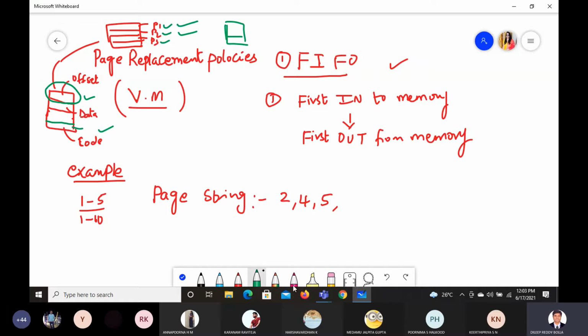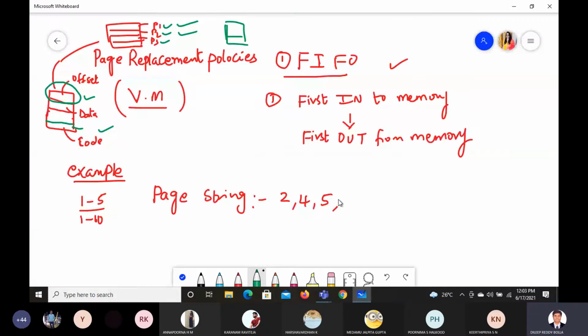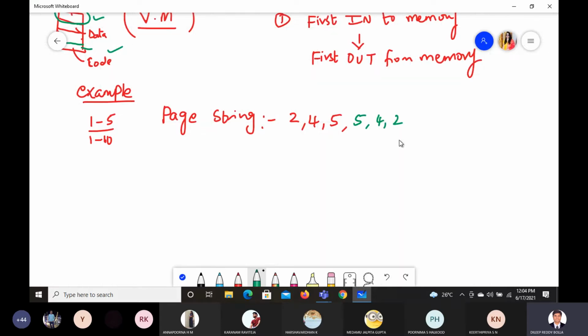Okay, so that's the reason, if you see any examples here, even the example here is 5 4 3 2 1 4 3 5 4. It's within 5. It's just to make us understand how the algorithm works. There is nothing else behind. Yeah, you tell the numbers now. I'll take the reverse order again: 5 4 2. Is it enough, or shall we complicate the example and understand the bigger one? Is this okay, or we'll take one more? 0, let us say. Now we'll take the time string. Is that okay?